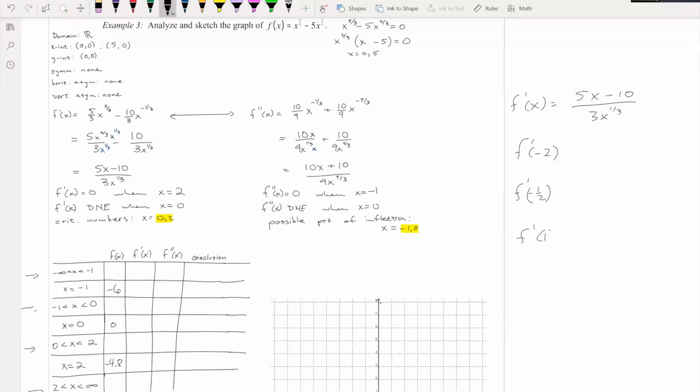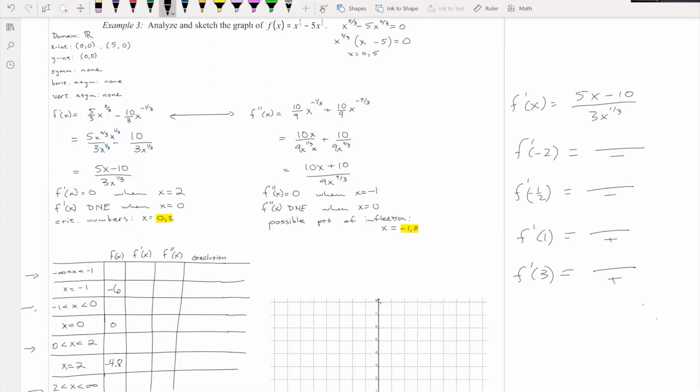F prime of 1, f prime of 3. So the denominator, if you notice, it's a cube root. It's going to be positive when x is positive, but it's going to be negative when x is negative. Basically, I'm noticing that the denominator is going to take on the same sign as whatever I plug in,